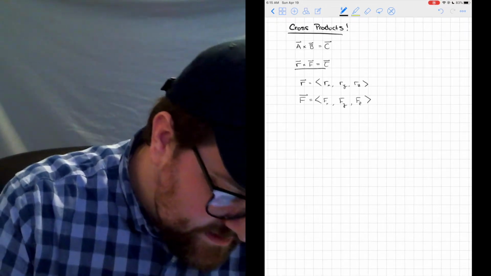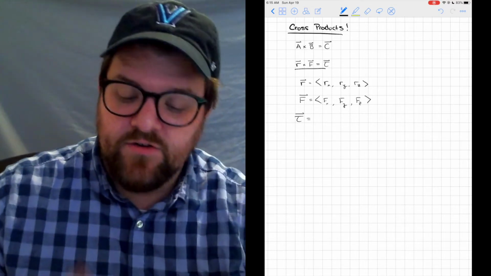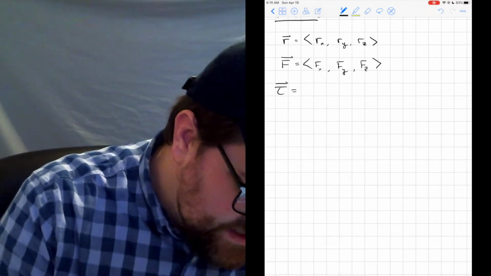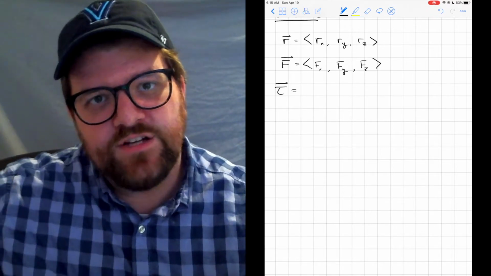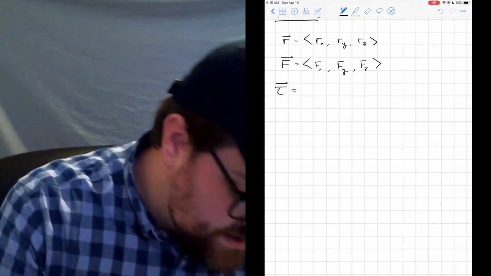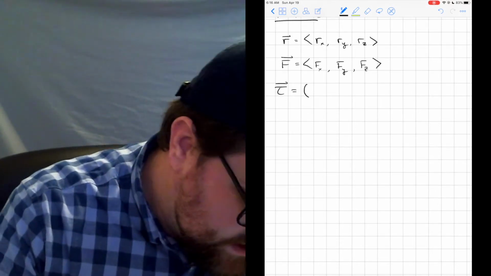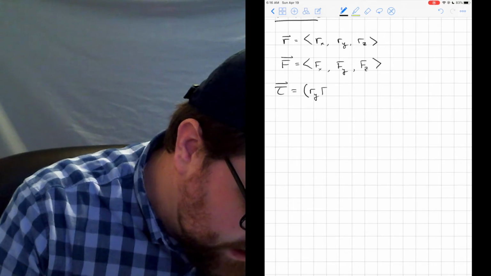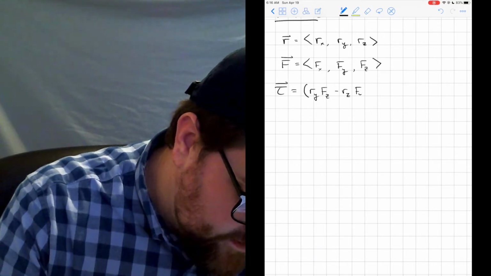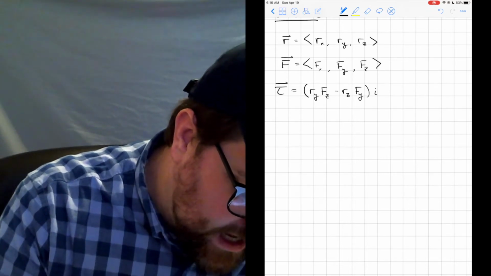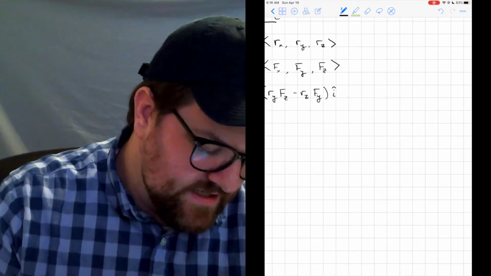So now when I talk about tau as a vector, I need to think about this cross product. And we said that I'm basically taking the determinant. That was something that we said back in chapter 3. So the x component of tau can be calculated as Ry Fz minus Rz Fy. That's going to be the i hat. I'm mixing notations, I know, but this is going to be the i hat